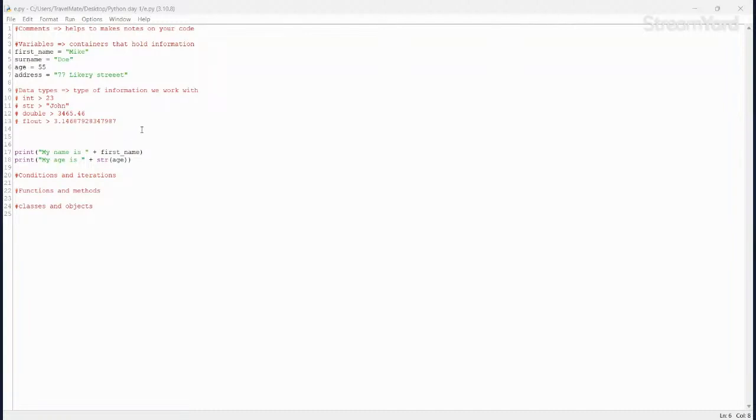And no matter how long and how big my program is, if I need to change it, I will not have to go to every single line to change it, because I can just go there once and change it in the variable.